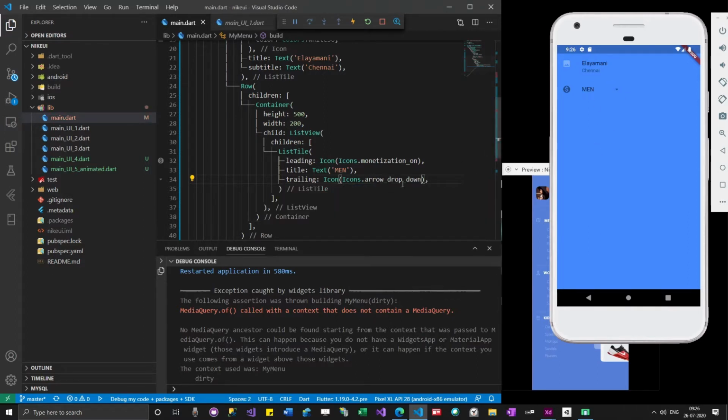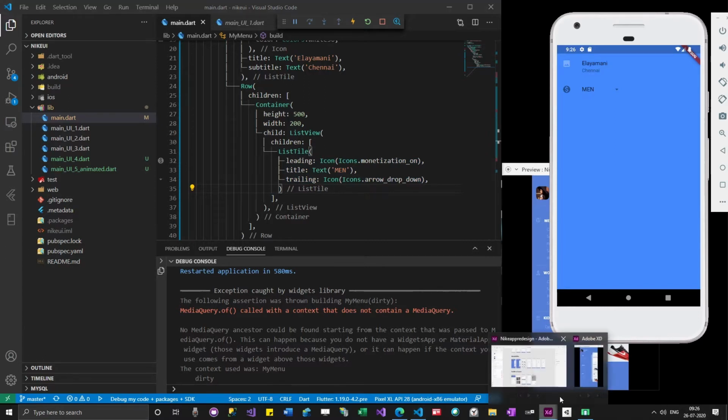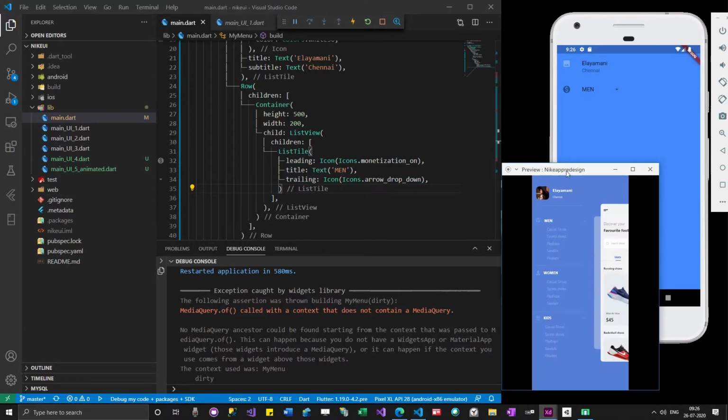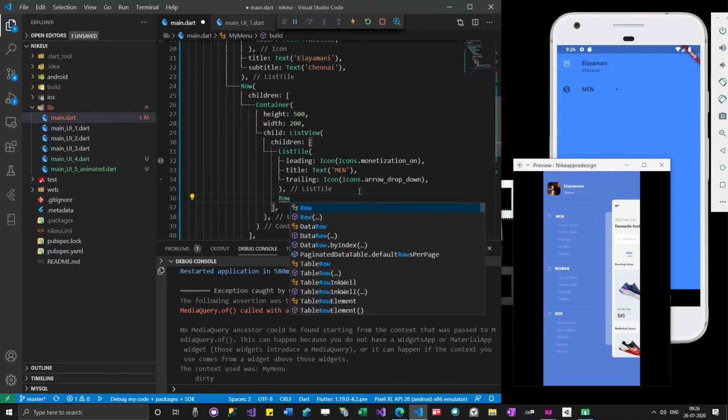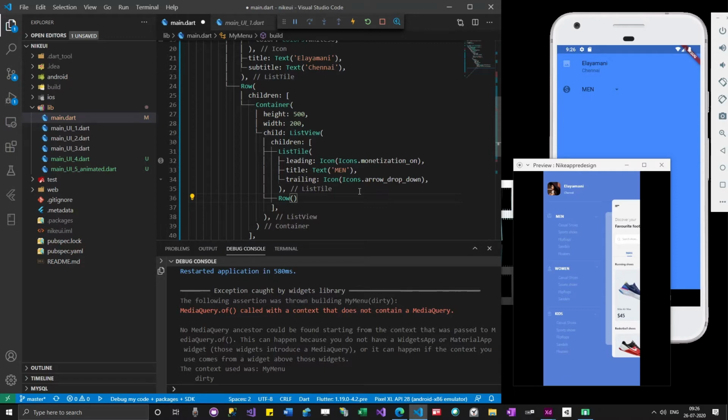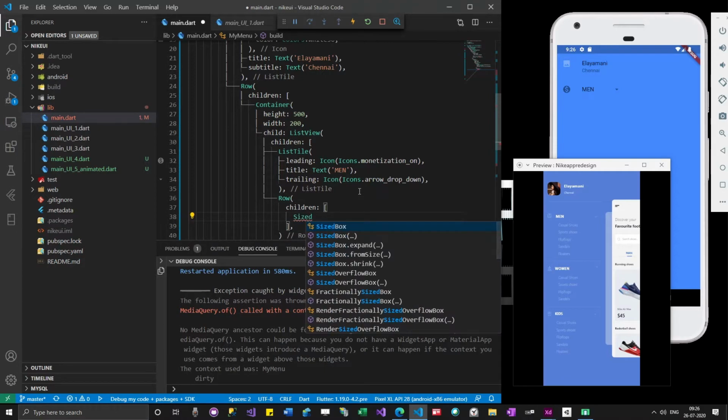So we have added that icon also, and I will continue to add some more text. Yeah, I will continue to add these items below. How I could add is, again I will take a row and then a sized box,